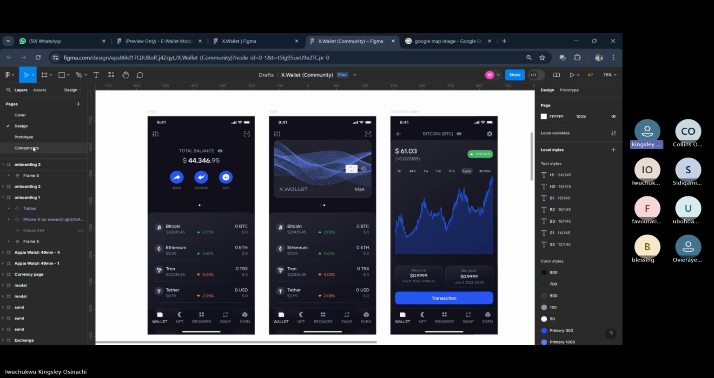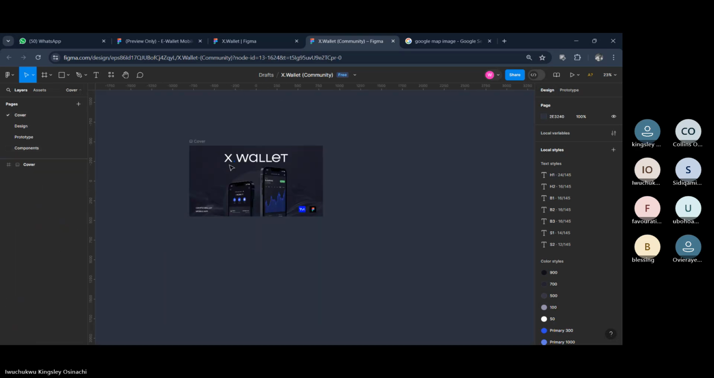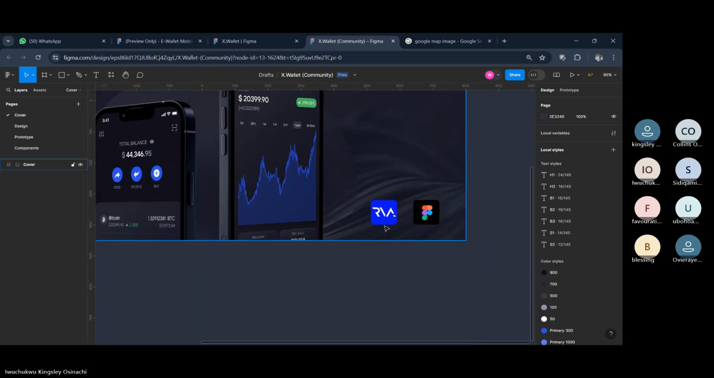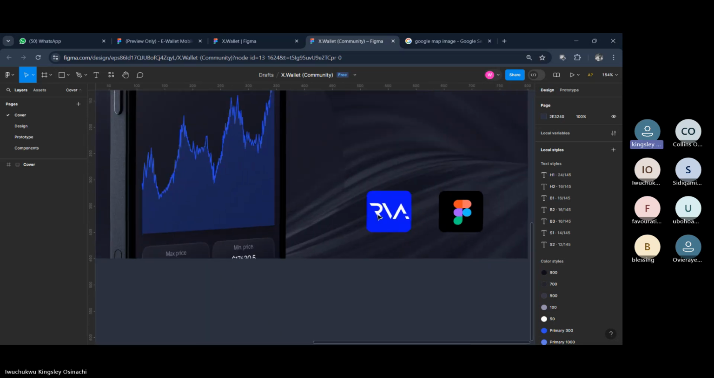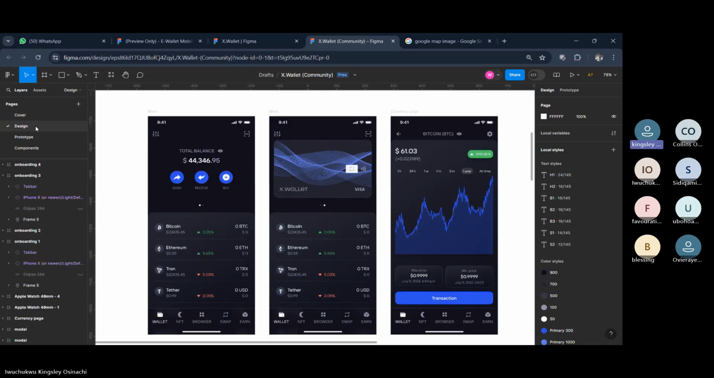What's this guy's name? He didn't place his name here, I guess. See RVA design, I guess. RVA design. That's a nice one from them. So we'll be using this guy to